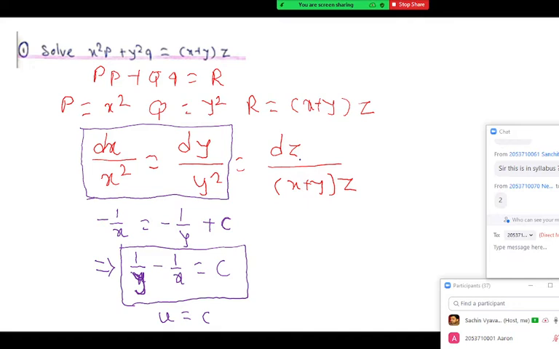Remember, first, direct integration. Is a direct integration possible now in any of the remaining ratios? First and last or second and last? It's not possible. Only first two ratios are in variable separable form. So direct integration is over now. So we cannot use that part. Now only two things left.